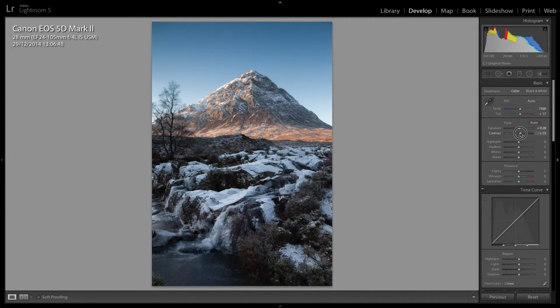And then just a little bit of contrast, see how that looks. I'm happy with that. Now if you press the / key, you'll be able to toggle between how the photo looked before and after. So already it's looking a wee bit better. There doesn't need to be a lot of work done to this photo, but I thought I'd just show you